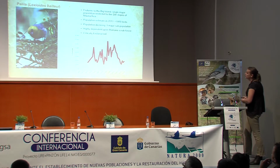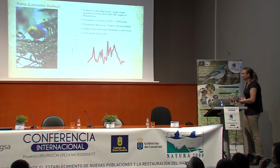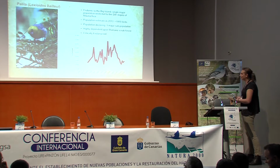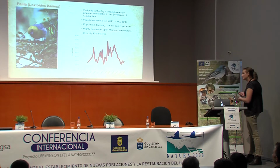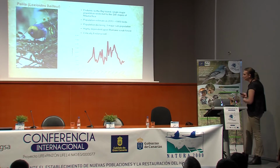So because it's a toxic plant, the ranchers decided that they didn't want any mamane on their land, and so they removed all the mamane for their hoof stock, and this basically eliminated suitable habitat for the palila. So in the late 2000s, there was actually a court case where the government was sued to provide habitat to the palila, and so they did fence off a large section of land, and they planted the mamane plants for these birds. So over like the last 15 to 20 years, those mamane plants have been growing and becoming